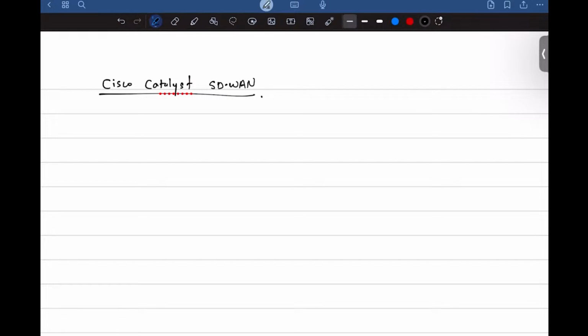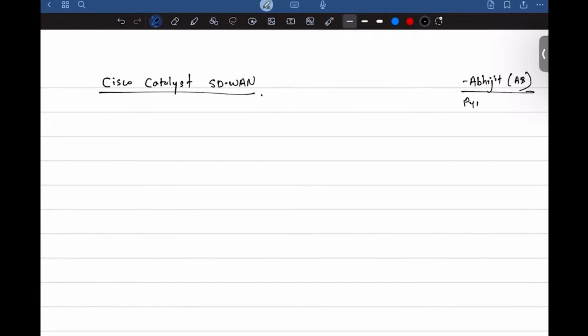And as Nitish mentioned, my name is Abhijit. You all can call me AB for the ease. And I represent PyNet Labs, being an instructor, CTO, and co-founder at PyNet Labs.